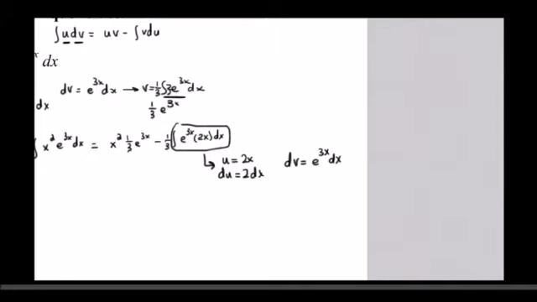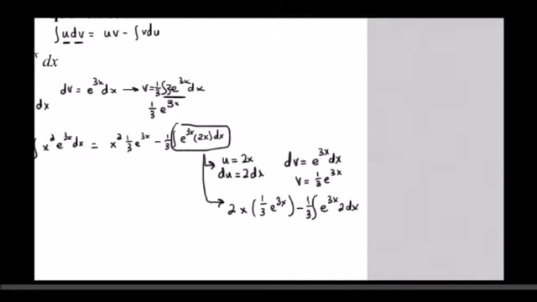But luckily, from the problem that we just did right here, we know that the antiderivative of e to the 3x is 1/3 e to the 3x. So this becomes u times v minus the integral of v times du,